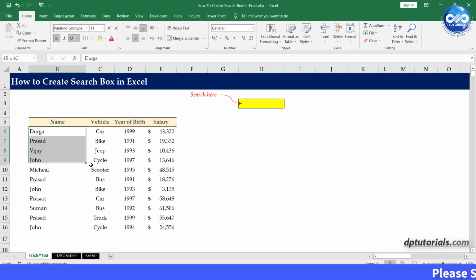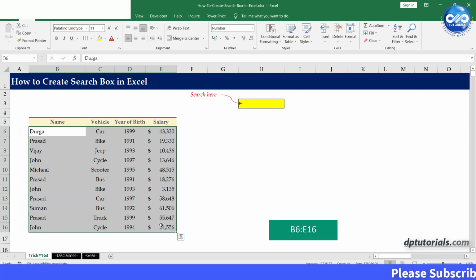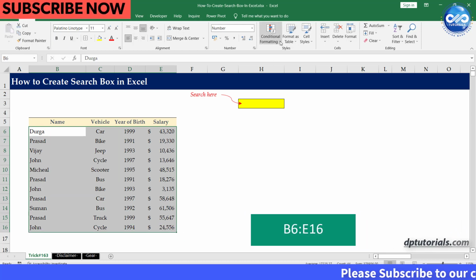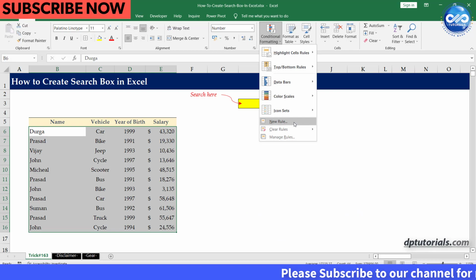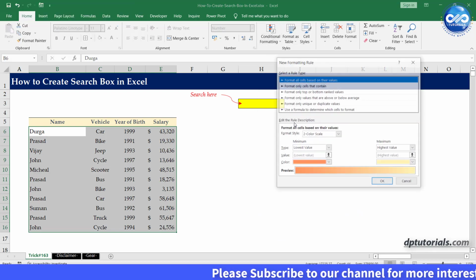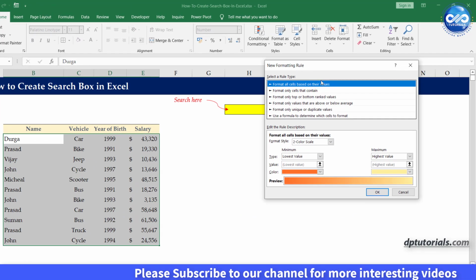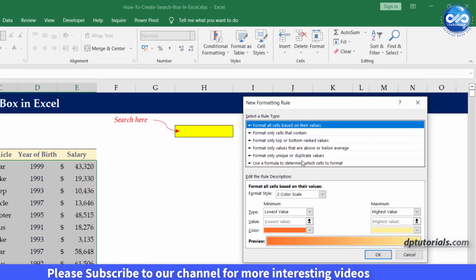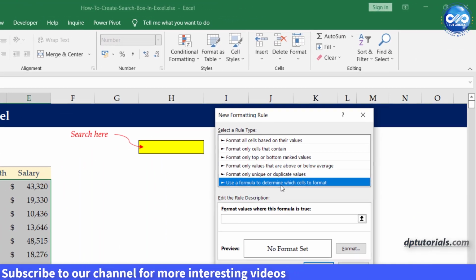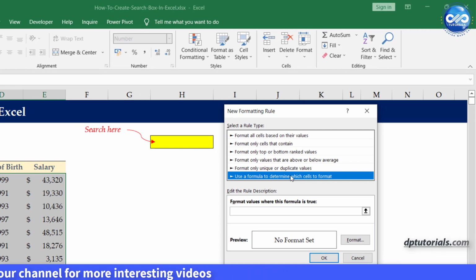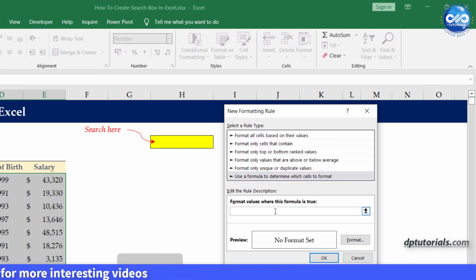Select the entire data range, that is B6 to E16. Go to Conditional Formatting, click on New Rule. In this New Formatting Rule dialog box, select the option Use a formula to determine which cells to format. Enter the formula in this text box as equals to SEARCH, open the parenthesis, select the cell H3, comma,